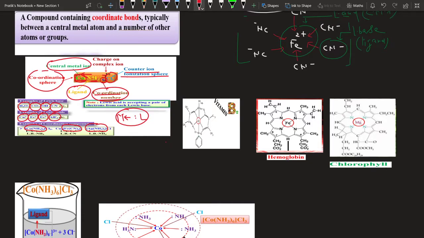Coordination compounds are also available in nature in the form of the vitamin B12 complex. If you see, vitamin B12 is a coordination complex of cobalt metal. Hemoglobin, which is a very important component of the blood, is a complex of iron. It's an iron metal complex. Chlorophyll, very important, in green plants. The cause of photosynthesis, again it is a complex of what, magnesium. Like that, there are many more complexes which are already there in nature. So it is very important to study coordination compounds.